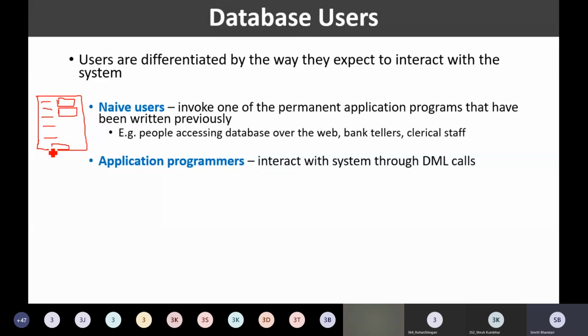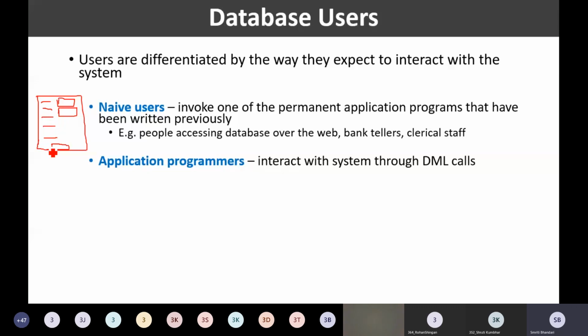So say for example, if I want to have a report in my database system, what kind of report would I like to have? I just want to have a report that gives me the list of the students who have not yet completed the admission procedure, right? I want a report of the students who have not yet completed the admission procedure.